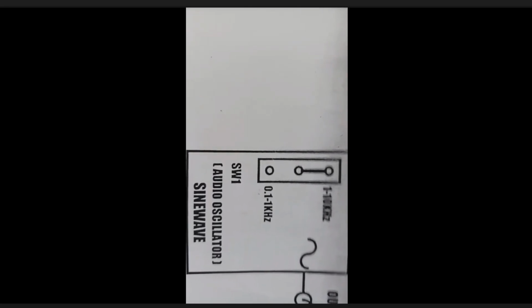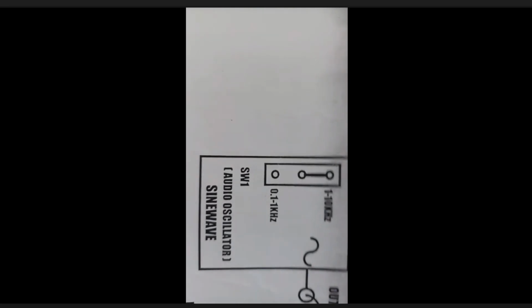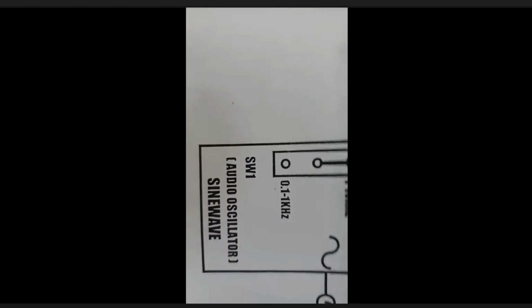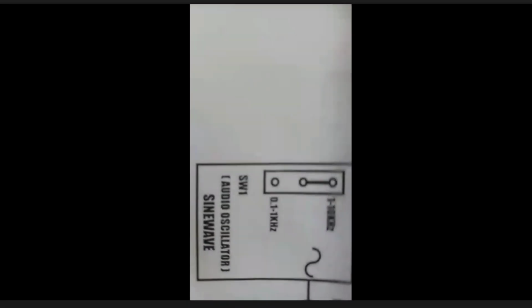Sir, it is not visible. Are you saying something? Yes, sir, it's not visible. Clearly visible or not visible at all? Sir, it's visible, but it's very close. The diagram, like half of it is coming on the screen. Only half I am showing at this moment. See, this is the overall diagram. Now I am showing you section wise.